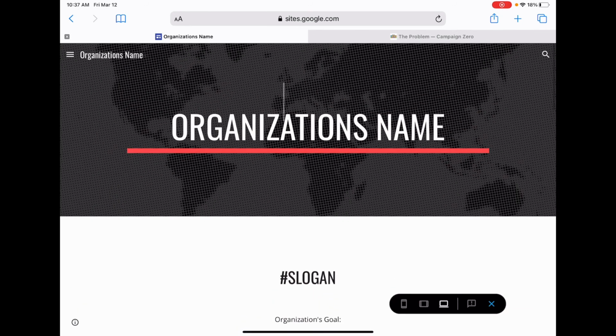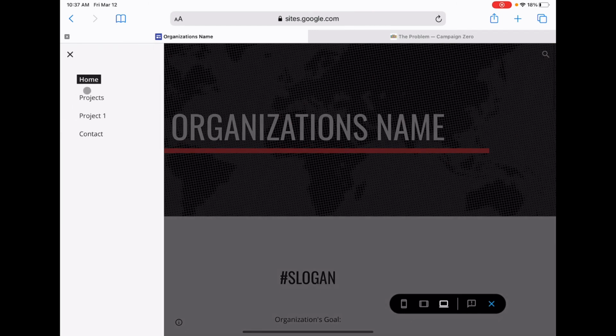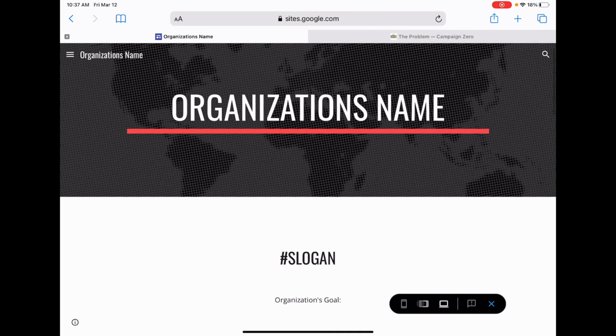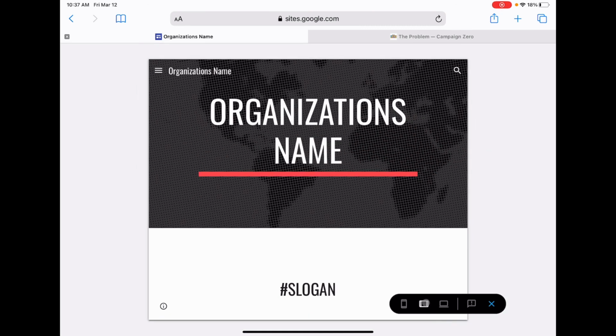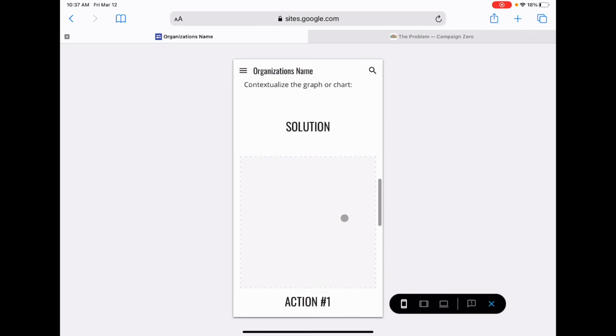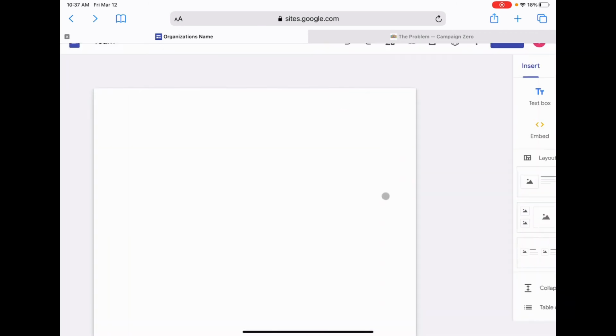Okay, so that could be pretty close to the design of the website. And you could use whatever design you want, okay? And that's kind of what you can do. You can even go check out the tablet mode and even the mobile mode, what it would look like on a phone, okay?